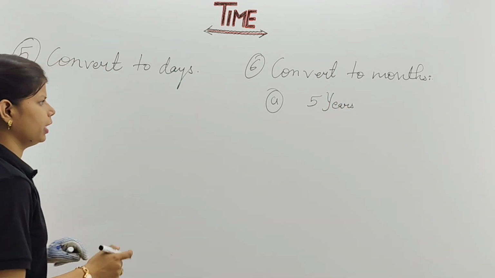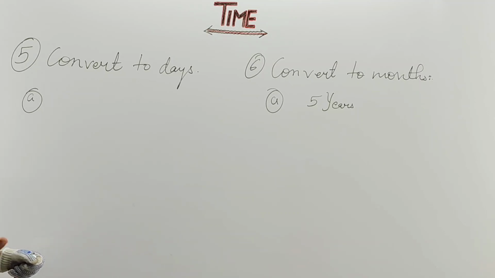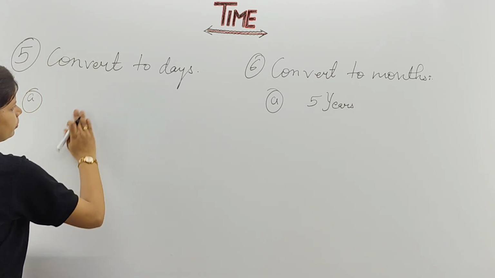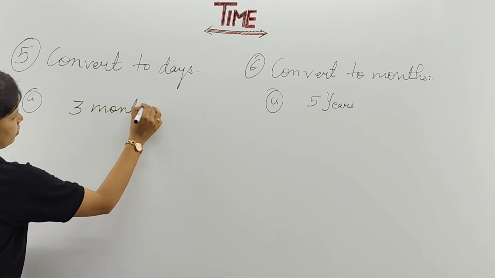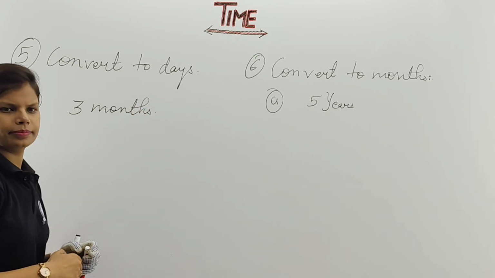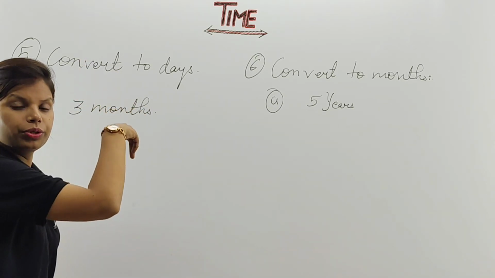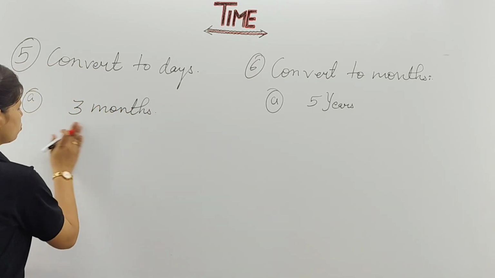Clear? And here your question is that convert to days means what? If your month is given, you have to convert into days. I told you already 1 month is equal to 30 or 31 days. Basically we are considering 30 days. So if it is written 3 months. Clear? Basically the things which I have given you in the beginning, to remember units of time, that is important. You have to recall it again and again. Clear, children? So you will write here,